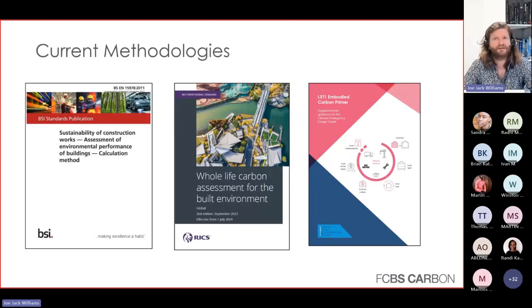And how do you measure it? These are my current go-to methodologies. Starting on the right, Randy mentioned LETI, as it's pronounced, L-E-T-I. For those of you who haven't come across LETI, there's a website, leti.uk. Loads of fantastic free advice, really intuitively written. It's written to bring up that base level of knowledge. The Embodied Carbon Primer is great.